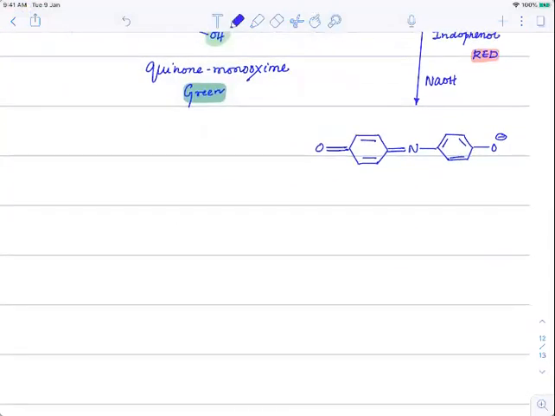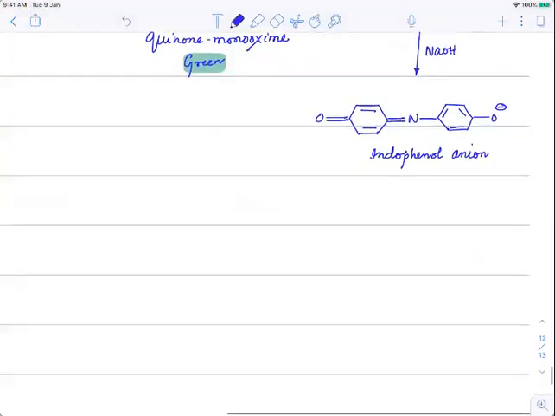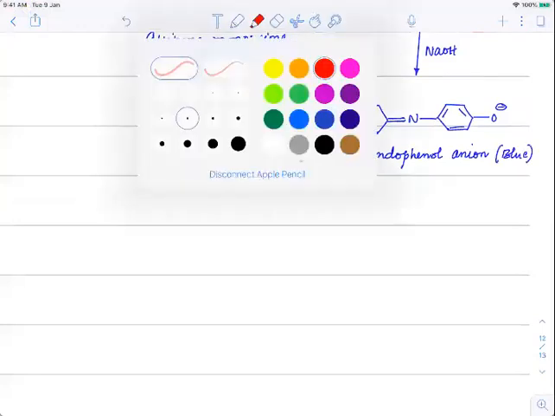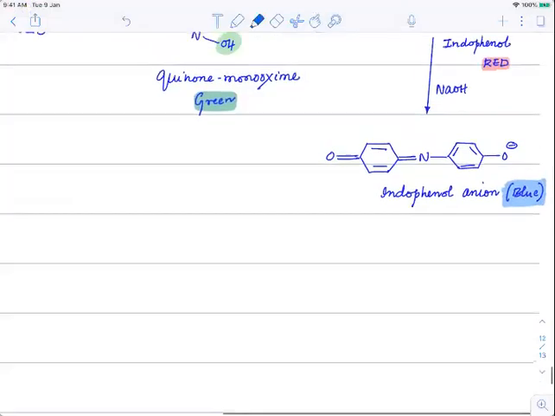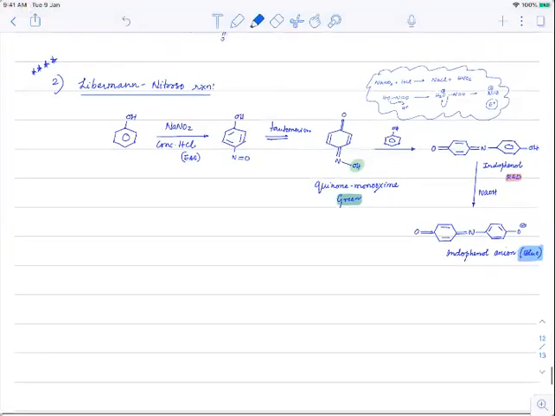And lastly, the color which is formed here is indophenol anion, and this will turn out to be blue color. That's how the colors are formed. Okay. Right. The better way of remembering here is